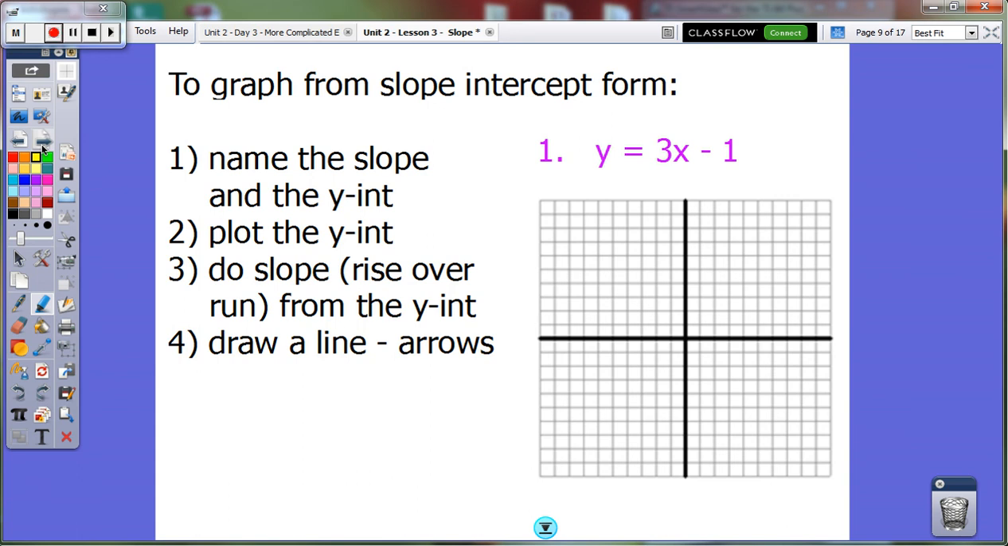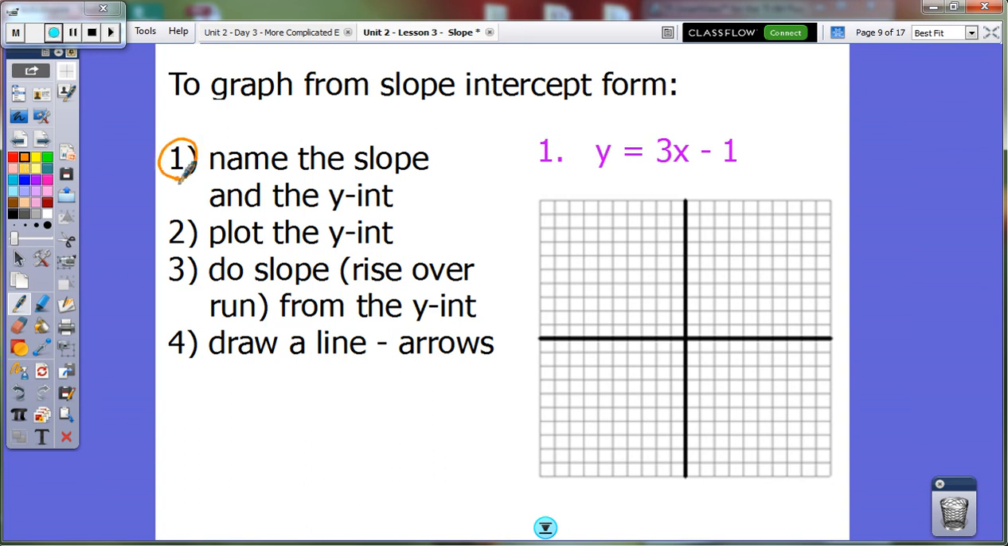Okay, so pause the video and write down these steps, and then you can hit play. Okay, so you've already written down the steps. Guys, the very first thing when you see an equation and it says to graph it, because you're going to have like 6 of these for an assignment, the very first thing you want to do is name the slope